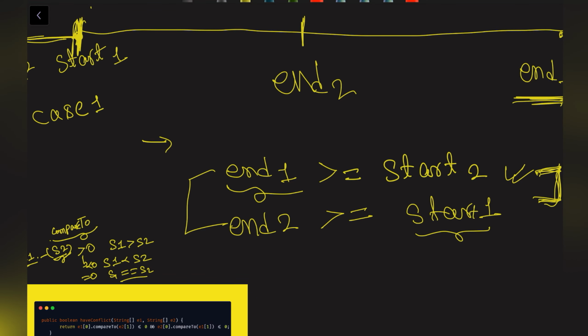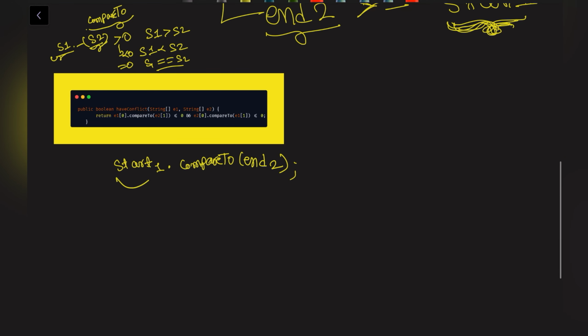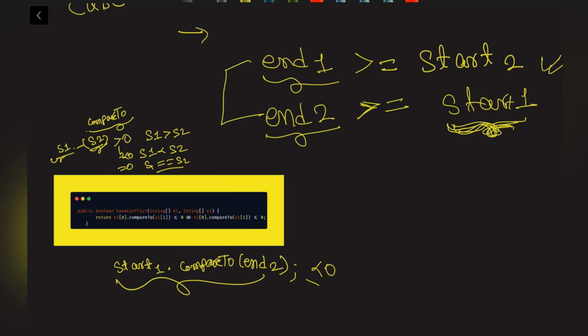According to our logic, starting of first match should be less than or equal to ending of second match. So this will have to return a negative value, less than or equal to 0. And